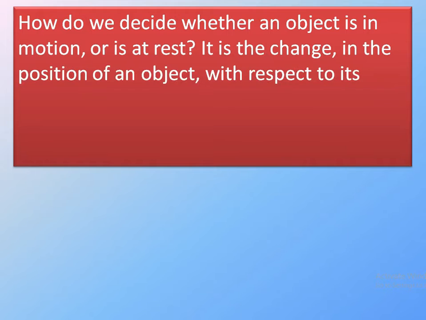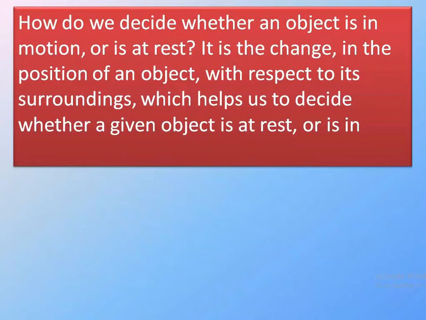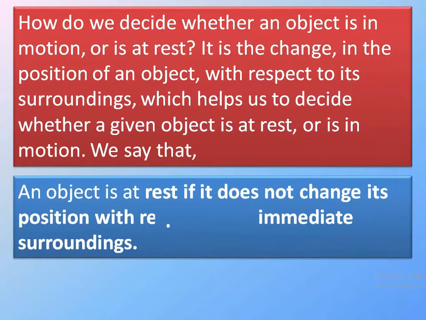It is the change in the position of an object with respect to its surrounding which helps us to decide whether a given object is at rest or is in motion. We say that an object is at rest if it does not change its position with respect to its immediate